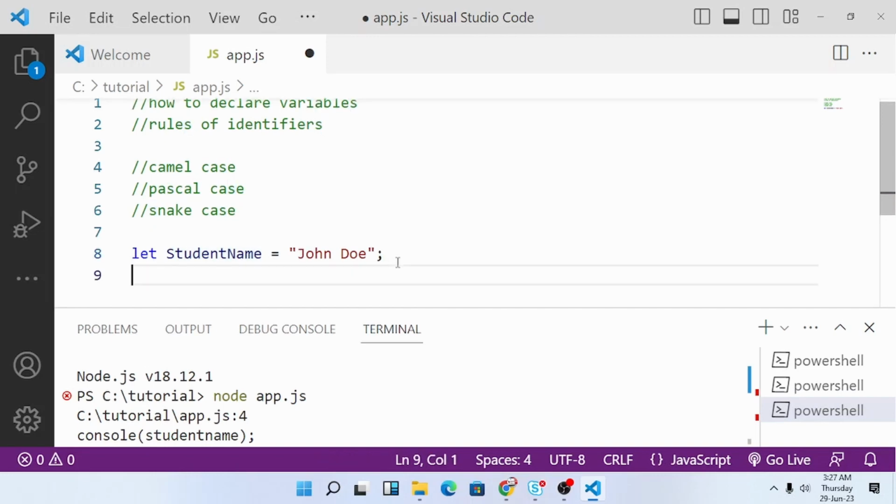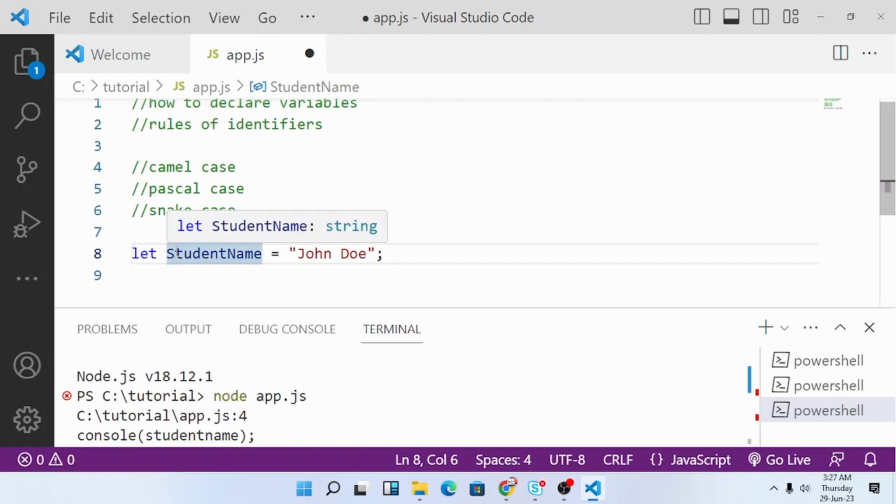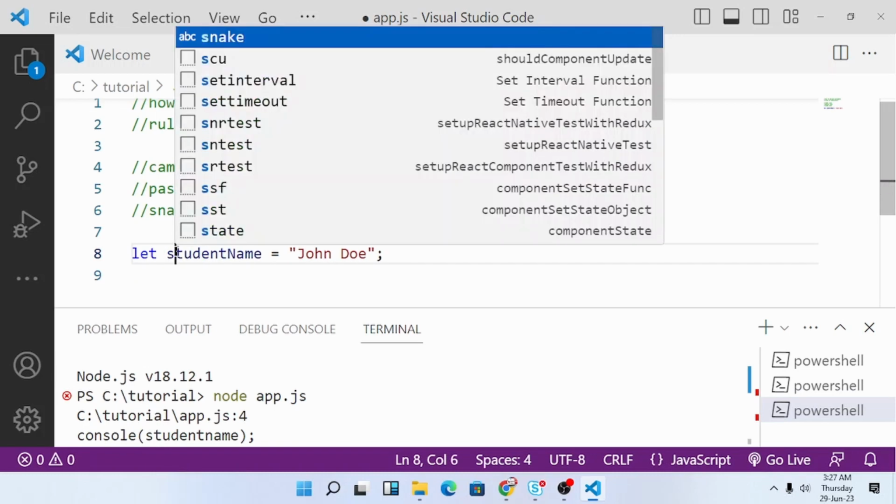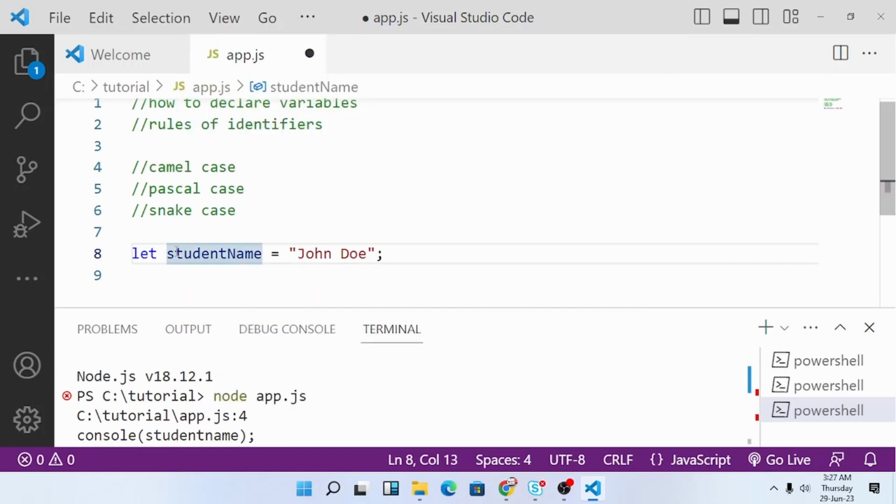Then for snake case, we have, all right, all the words starting with lowercase but separated with underscore. All right, so if we have more words, student name and surname,